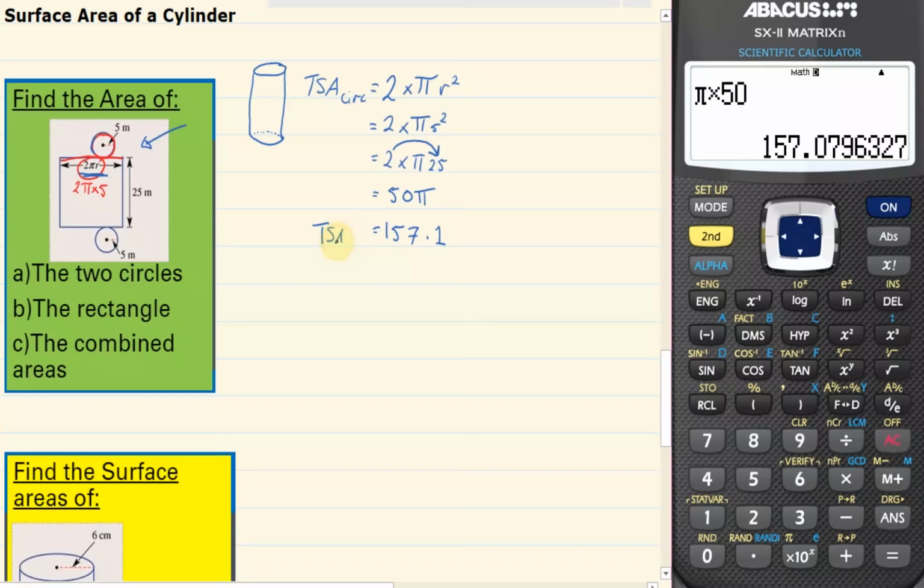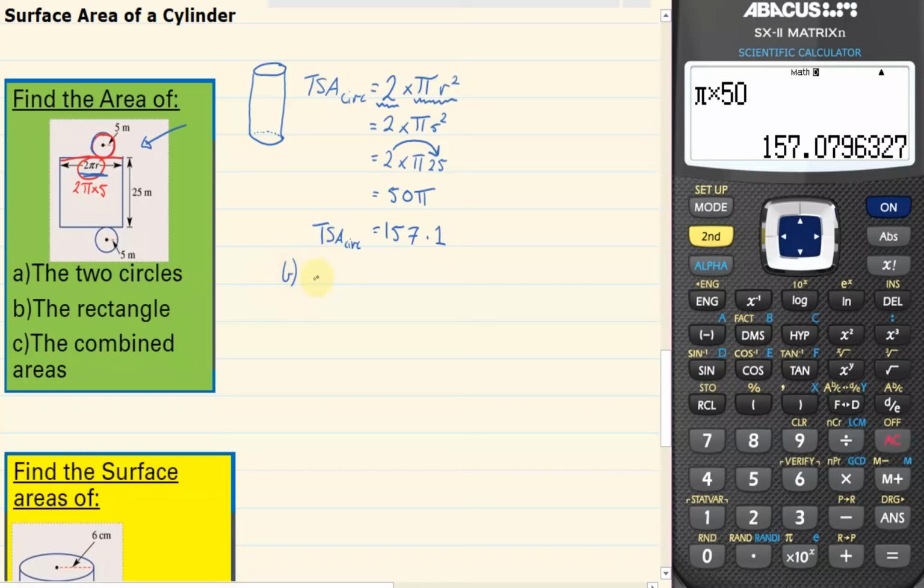So the total surface area of our two circles is equal to that. Remember that I did do 2 at the top. So this here is the area of one circle, pi r squared. Multiply that by 2 to get our two circles. The area of our rectangle, part B,